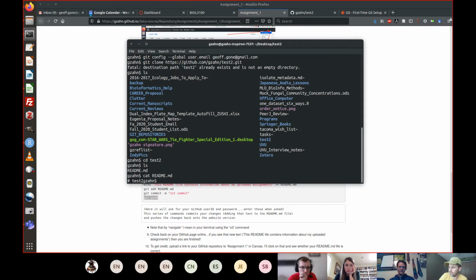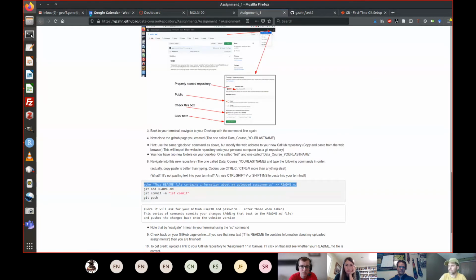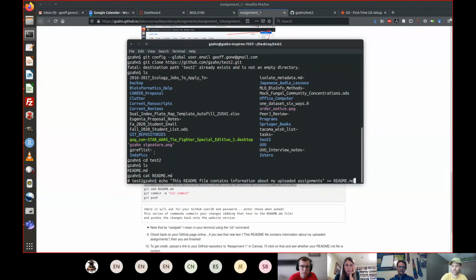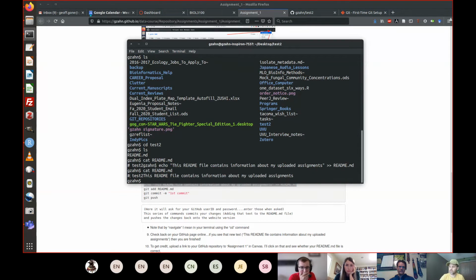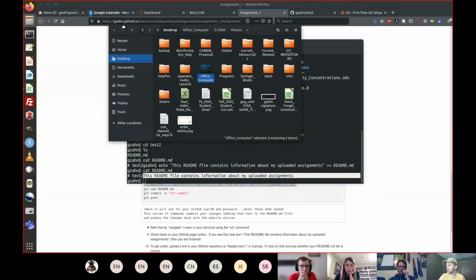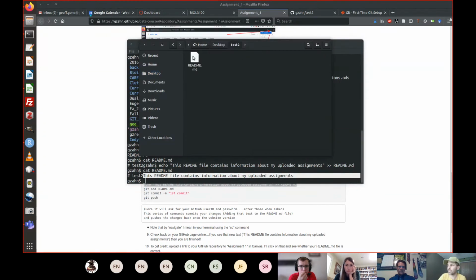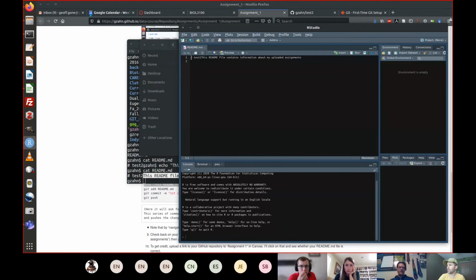And that's all that's in there, just # test 2. All right, so I'm going to copy that from the website, paste it right into here, hit enter. Then I can say cat readme, and look at that. I've got that stuff in my file. This is equivalent to me basically going in with a little Explorer window like this, double clicking on test 2 to get in there, and then opening it up to look, and it says this readme file contains, okay? So anything I type in here, whatever,